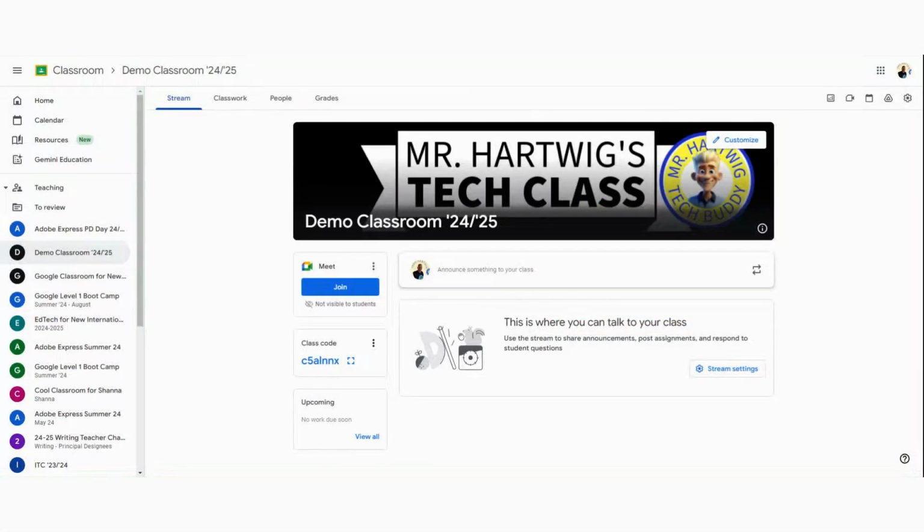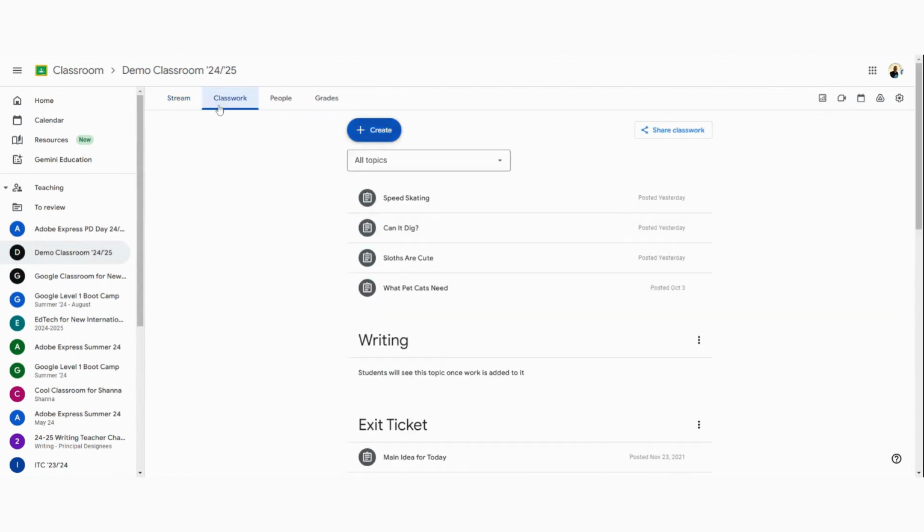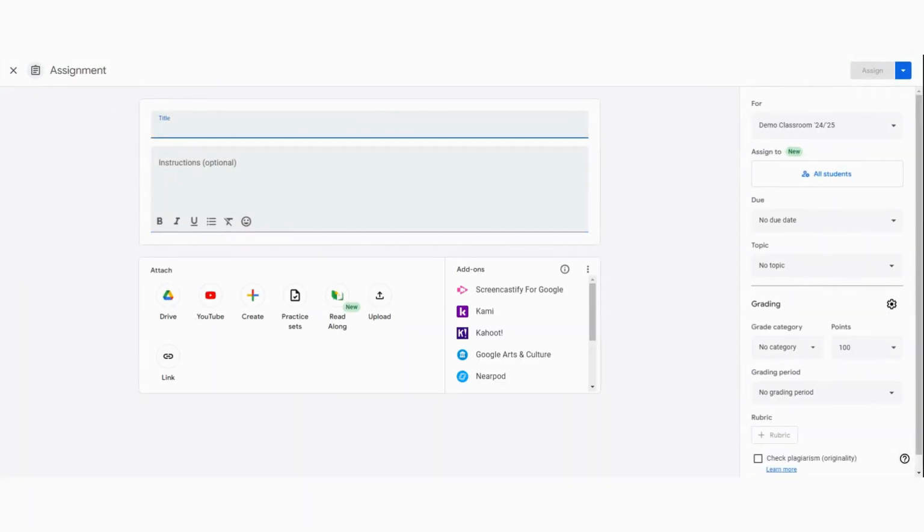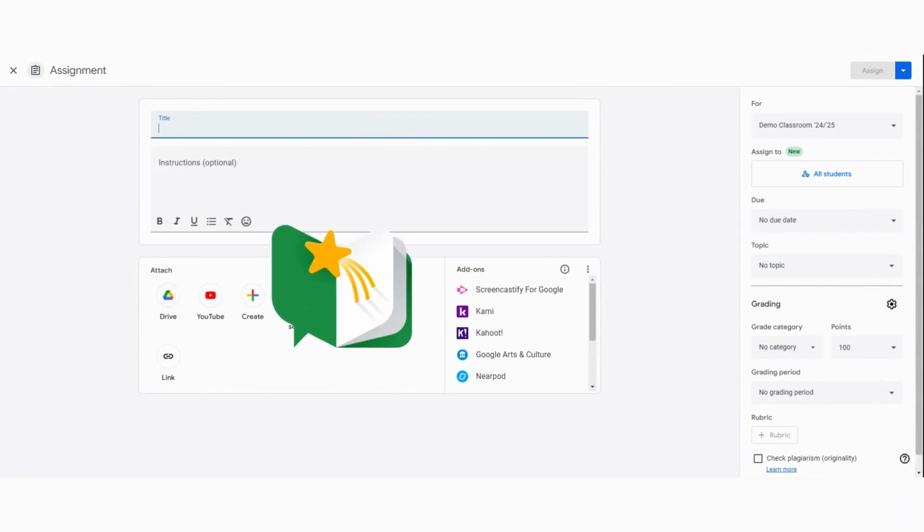As we mentioned, this lives in Google Classroom, so you have to go to your Google Classroom. Ideally, it works best with one that you have pre-made, so all your roster is there. You're going to go to the Classwork tab, go to the Create button, and click on Assignment. You see the normal field here, and what you might notice is that in the Attach area, there is something that has the new label on it, and that is Read Along. We're going to click on Read Along,